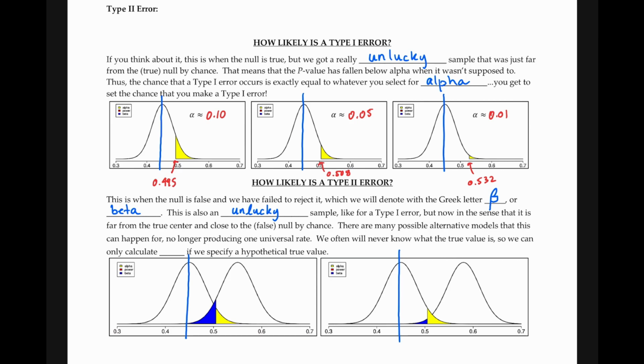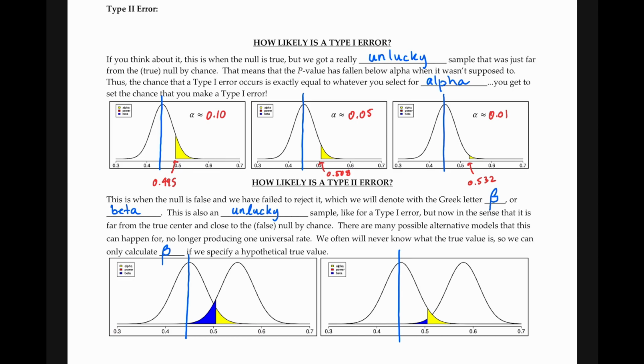And so if we don't know the true value, then sometimes we might take a guess. So we may never actually be able to calculate the true value of beta. But what we'll find out in the future is maybe we can take a strong guess at it, or think hypothetically about it if it is true that it's centered. So here we'll talk about the center of our true